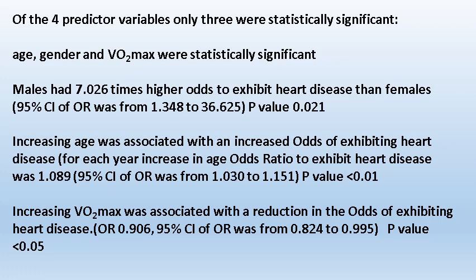Increasing maximum aerobic capacity was associated with a reduction in the odds of exhibiting heart disease. Odds ratio was less than 1. And the 95% confidence interval of the odds ratio was also less than 1. It was from 0.824 to 0.995, and the p-value was less than 0.05. So increasing VO2 max, or maximum aerobic capacity, was shown as a protective factor in development of heart disease according to this